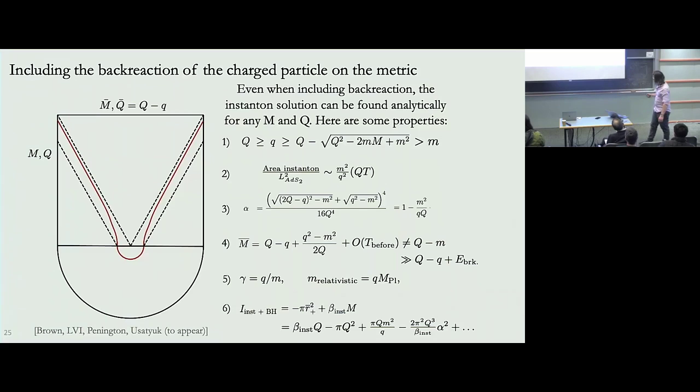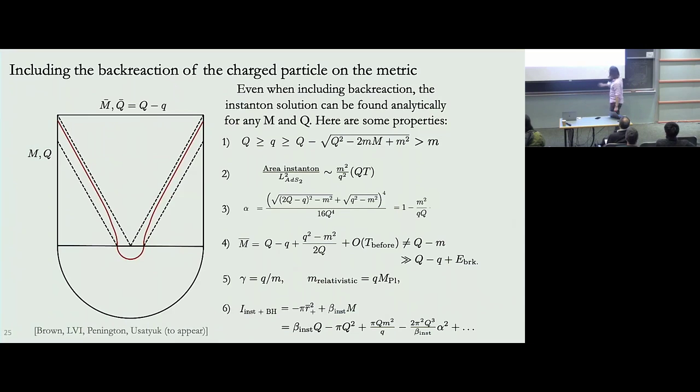Okay, and sixth, the action of the instanton plus black hole configuration actually takes a very cute form. It's the new area of the black hole plus 1 over the temperature times the new mass, minus the old mass of the black hole. And this is something that's a bit unexpected. We just computed the action explicitly for this metric configuration, so this is not obtained from thermodynamic arguments. I won't show you the exact expression because the new area of the black hole is slightly ugly, but I can expand this